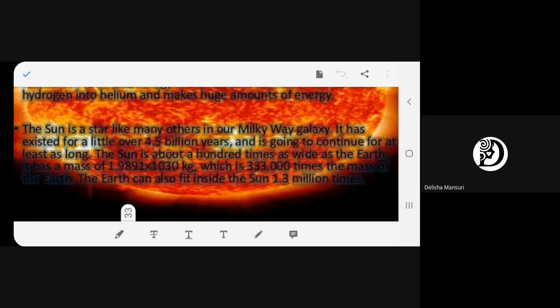Can you read? The sun is a star like many others in our Milky Way galaxy. What is this galaxy called? Milky Way galaxy. The solar system is in the Milky Way galaxy. Is it clear? Okay. It has existed for a little over 4.5 billion years and is going to continue